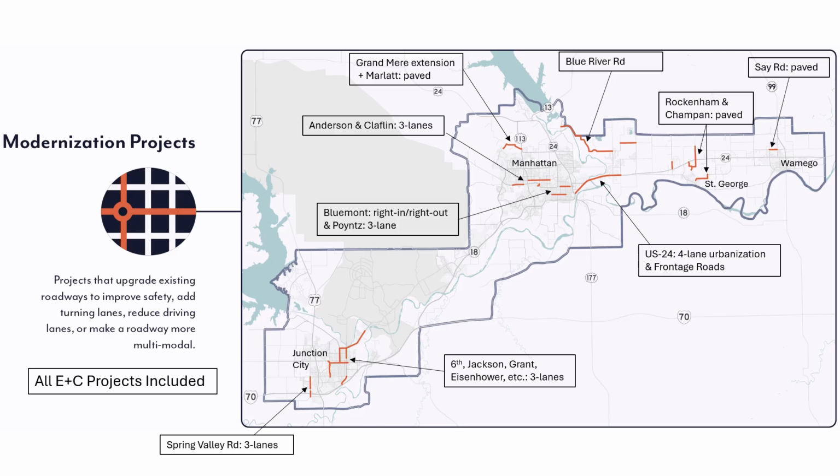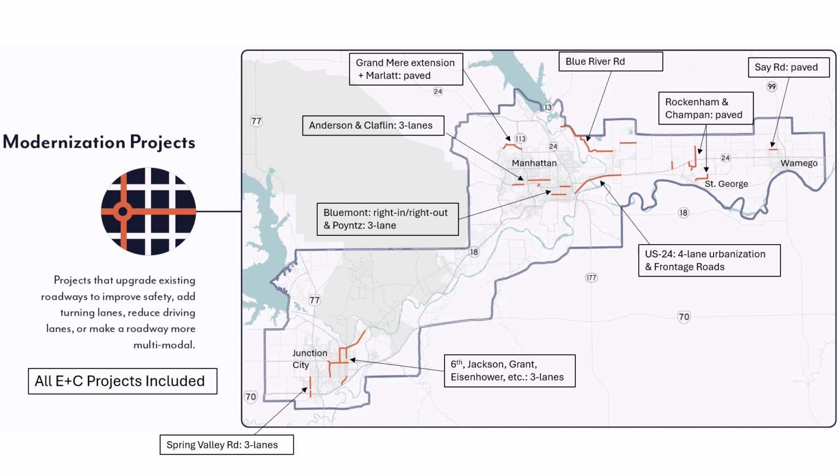The idea is that when the roadways age and require reconstruction, they are rebuilt to the right size instead of spending money on an overly wide road. It should be noted that this and all model scenarios were run before Fort Riley closed Trooper Gate and moved access to Grant Avenue. In Manhattan, projects include the extension of Grandmere Parkway and paving of Marlatt Avenue to Sethchild Road,